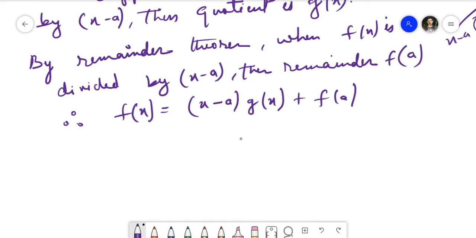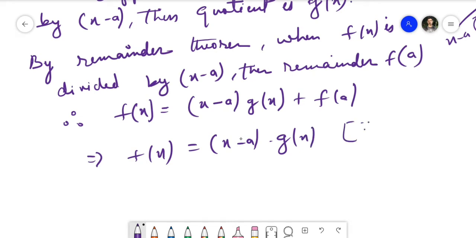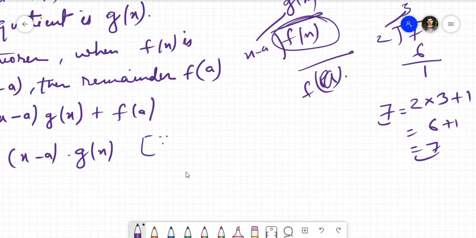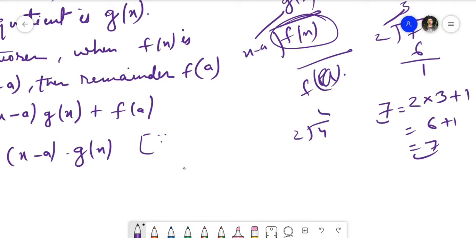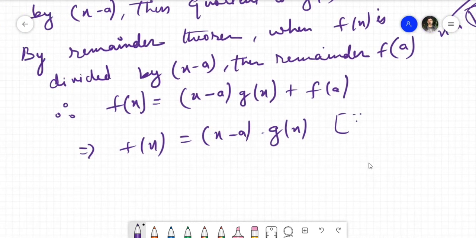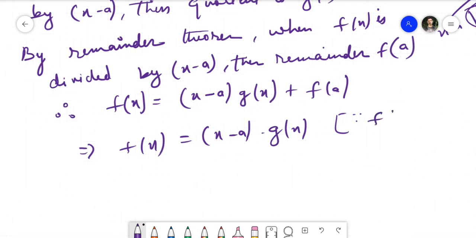अब मान लेते हैं कि हमारा रिमाइंडर 0 आता है, क्या आता है f of x, क्योंकि याद रखना ये हमारा प्रूफ हमें करने के लिए कह रहा है, कुछ और नहीं, तो g of x, since, क्योंकि हम यहाँ पे कह रहे हैं कि ये फैक्टर है, फैक्टर है मतलब रिमाइंडर 0 है, फैक्टर तभी तो बोलते हैं ना when we divide something whether it's 2 divide by 4, 2 2 जा 4, है ना। तो ये जब 0 मिलता है रिमाइंडर, तो हम उसे फैक्टर बोलते हैं ना, exactly divided। तो वैसे यहाँ पे since f of a is equal to 0 given, जो कि ऑलरेडी दिया हुआ है ना, ऑलरेडी दिया हुआ है given, तो हम